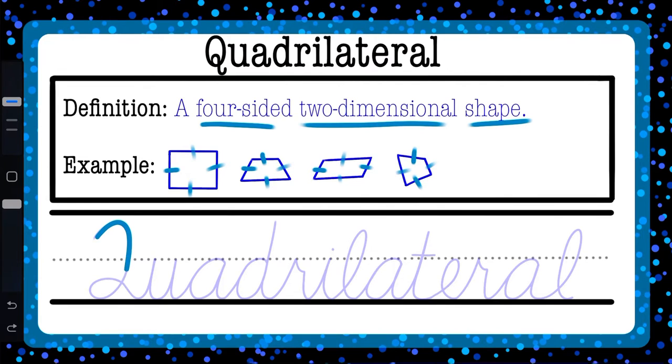It almost looks like the number 2. We're going to loop it on the bottom, and again, we're attaching this uppercase Q to our U. So we're going to go about halfway for our U. Back down to connect to our A. Again, we're going to that midway line. Our D looks a lot like an A, but you're going to go ahead and go up about 3/4 of the way in a straight line, come back down, connect to our R,